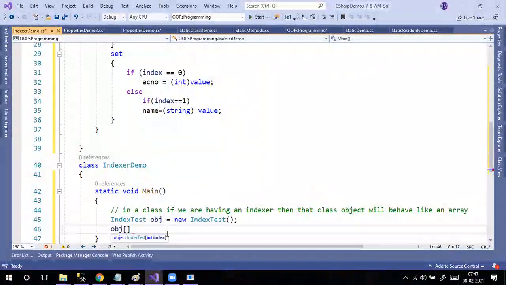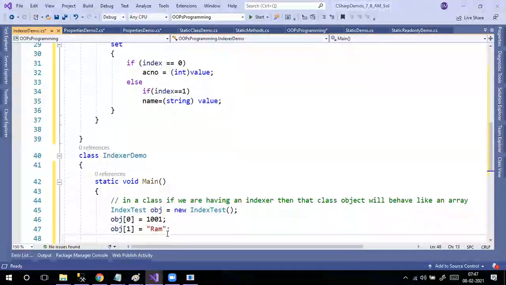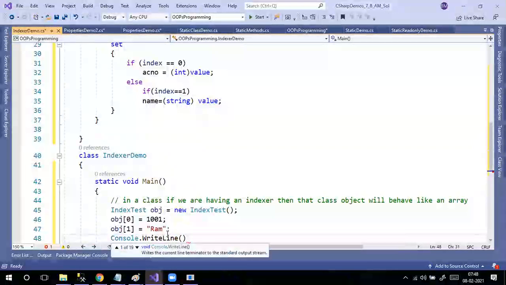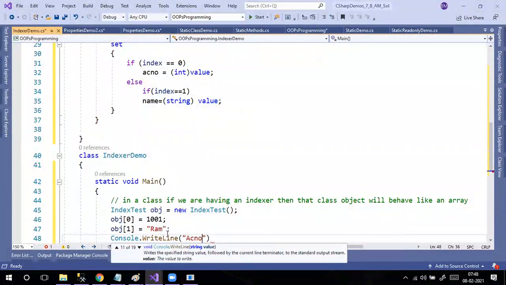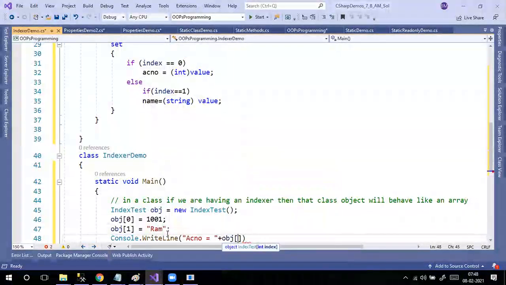Obj of, see, index is working. Obj of 0 is equal to 1001, and obj of 1 is equal to run. And if I want to print this value, Console.WriteLine account number equal to plus obj of 0,